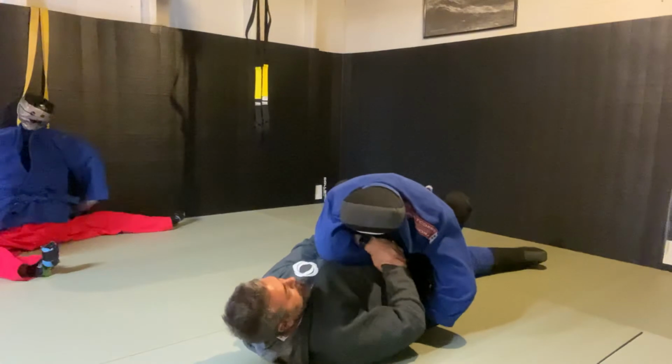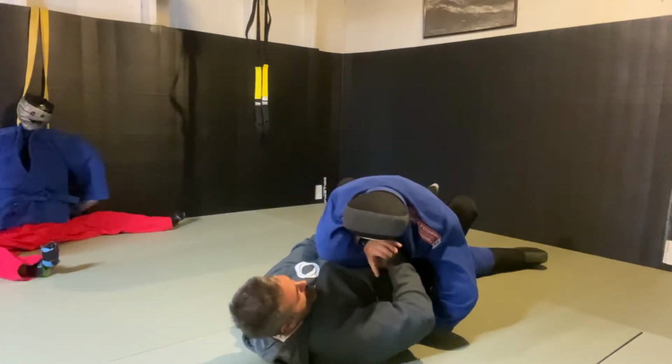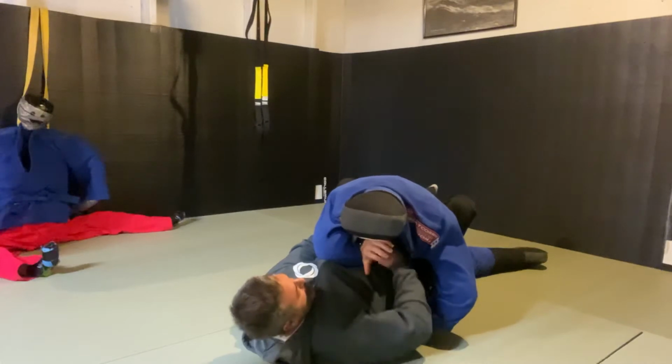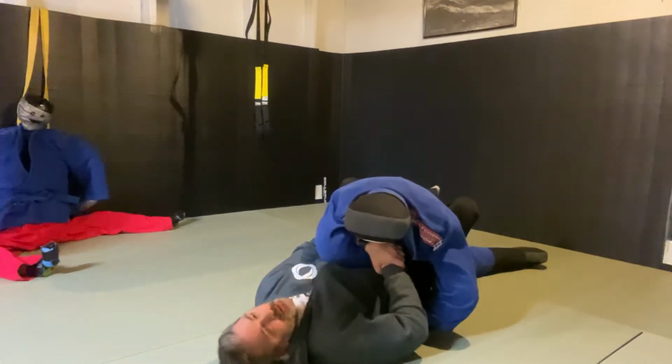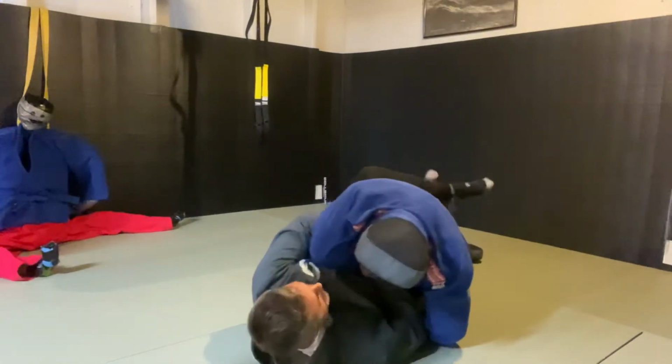So this here, I don't have too much of a problem with you actually using that grip on both of them, because we're doing a reverse Kimura, so I don't have a problem with the thumb in here. So what we can do here to get this reverse Kimura,